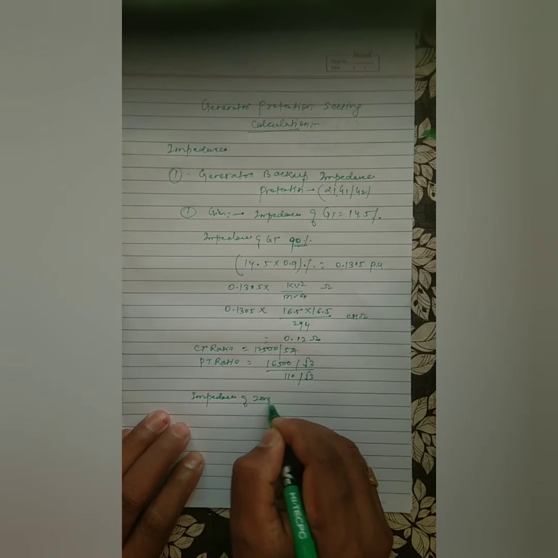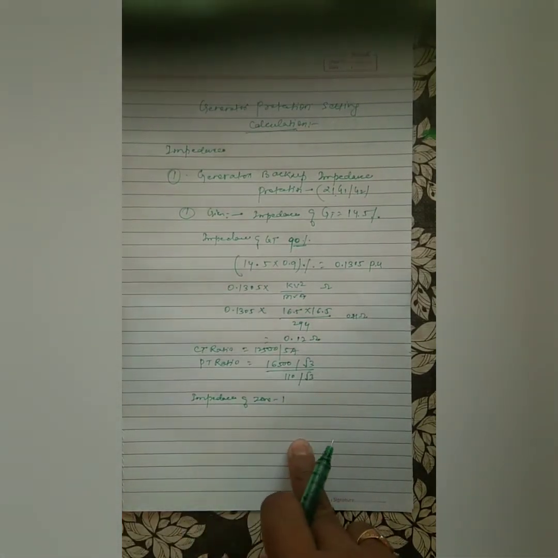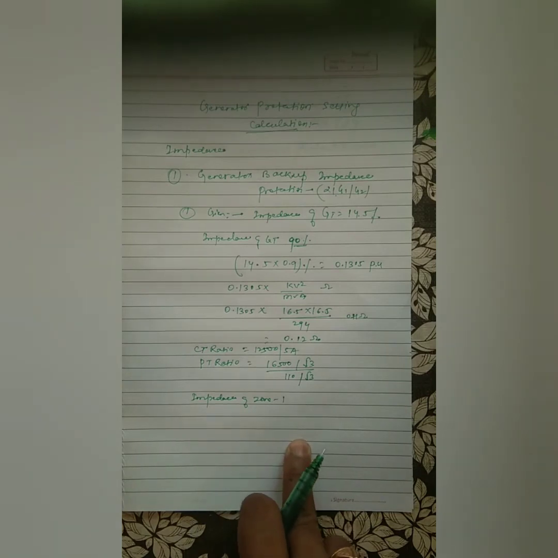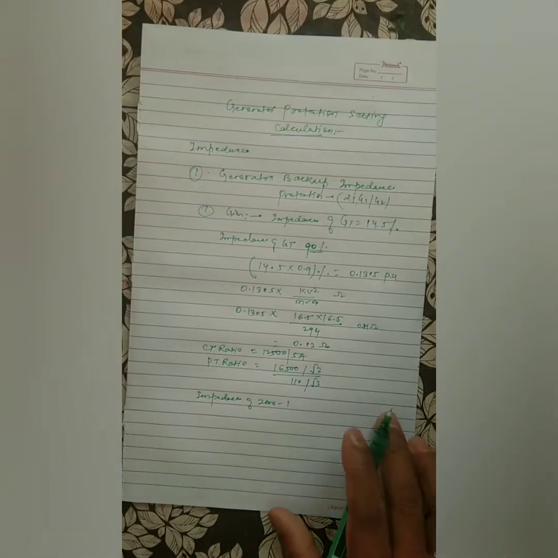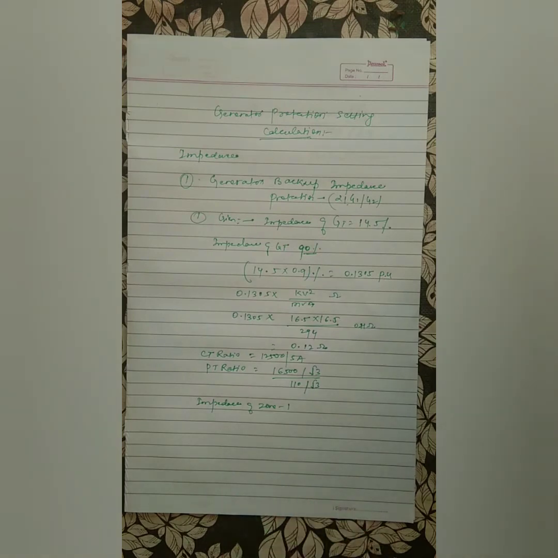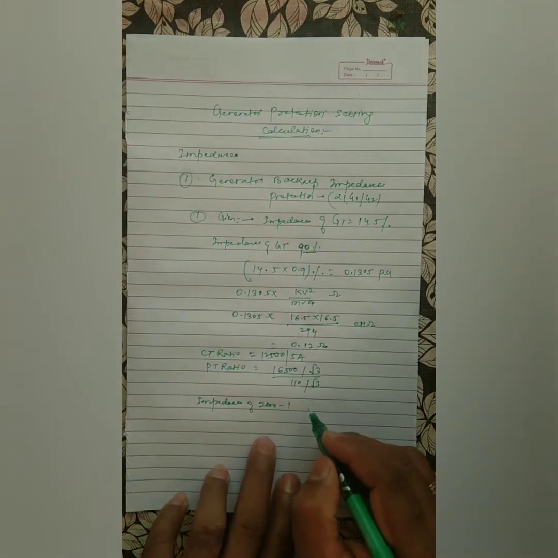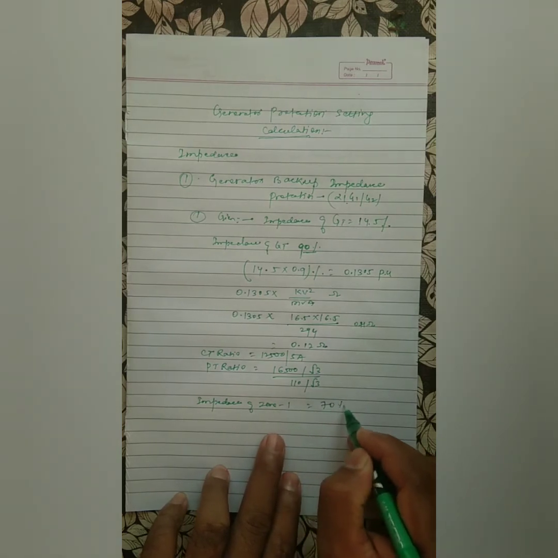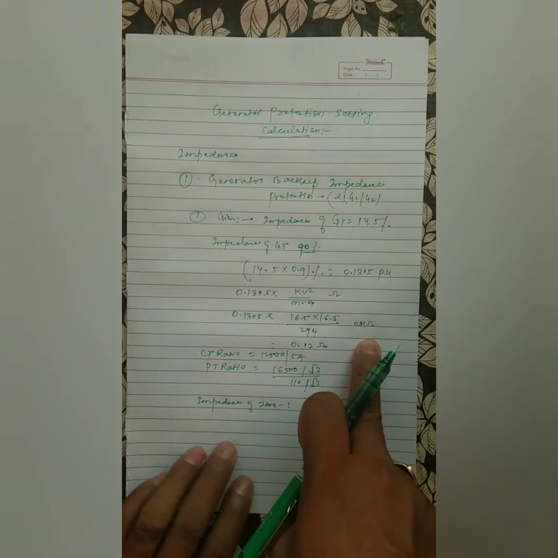Impedance of zone 1. We have divided the impedance in zone 1 and zone 2. So we will calculate the value of zone 1. We will also discuss the zone protections, like how this works, but since we are concentrating only on the calculation part, we are just calculating. So generally zone 1 is taken for 70% of the ZT. Whatever value we have got from here, we will calculate for this.